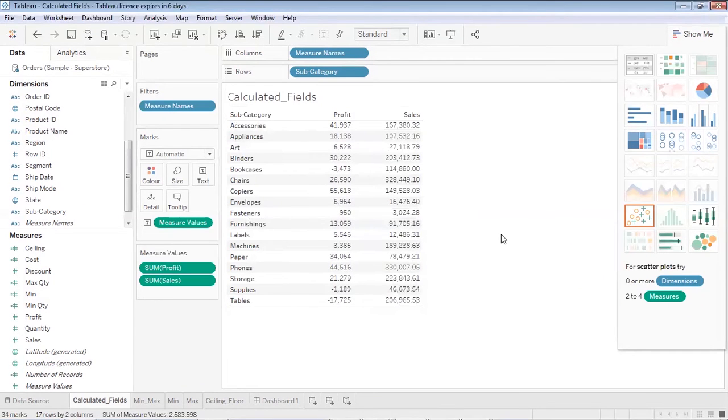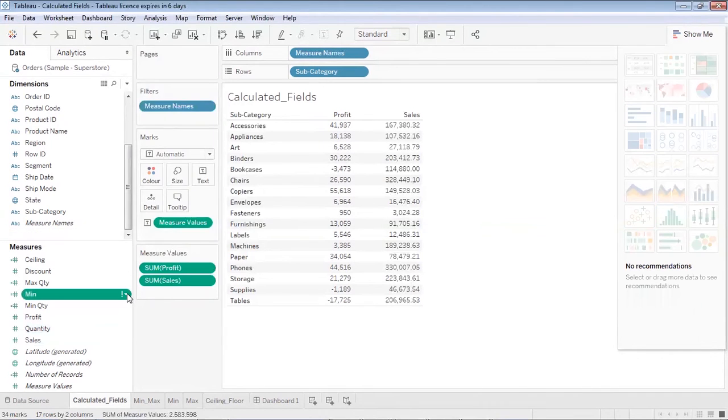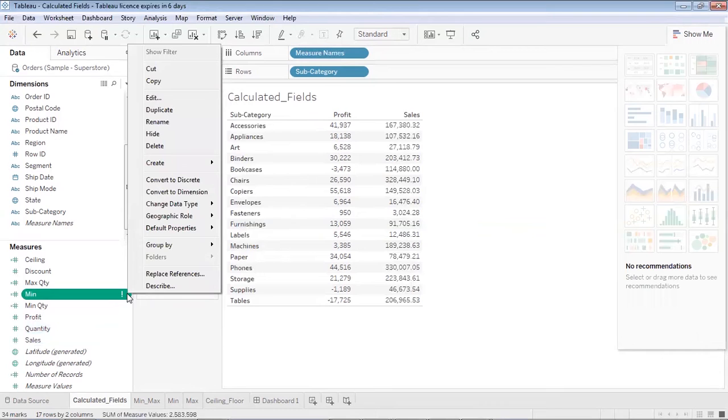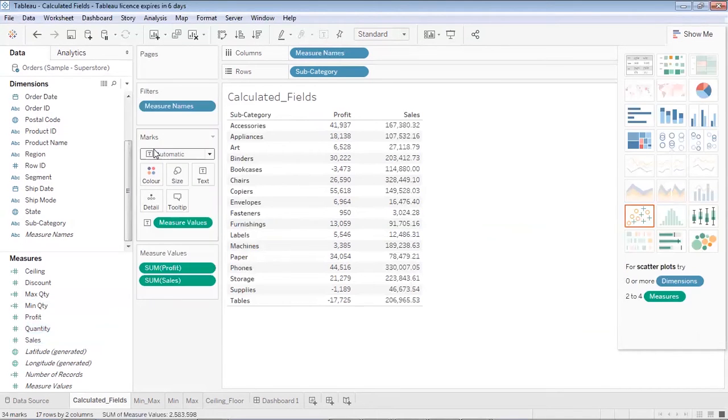Now I have to find out the cost of each subcategory. But this is not given in our data set. So let me remove the old one. Just a second. Let me remove all the pre-existing ones so that you don't get confused. Okay. So to start from the start, we have these subcategories, and for each subcategory, I have got the sales price and I have also got the profits generated.